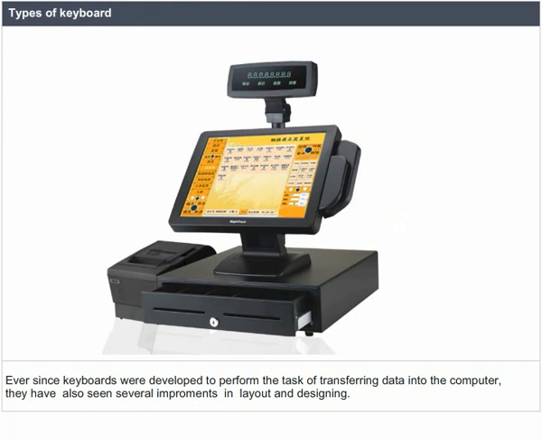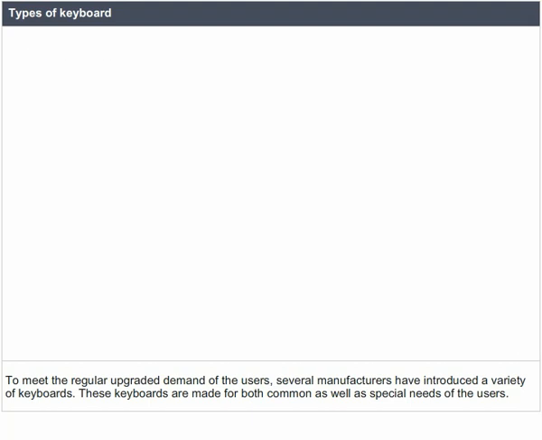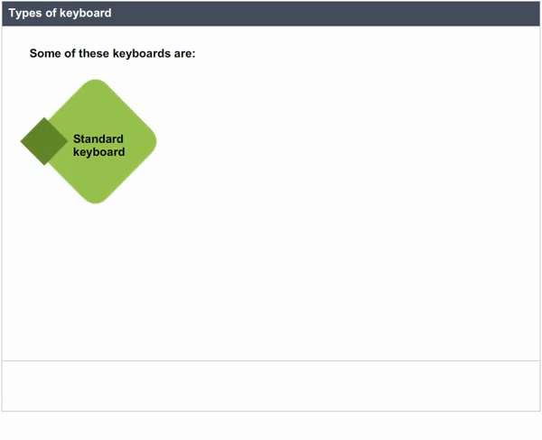To meet the regular upgraded demand of the users, several manufacturers have introduced a variety of keyboards. These keyboards are made for both common as well as special needs of the users. Some of these keyboards are standard keyboard, ergonomic keyboard, wireless keyboard, compact keyboard, internet keyboard, gaming keyboard,